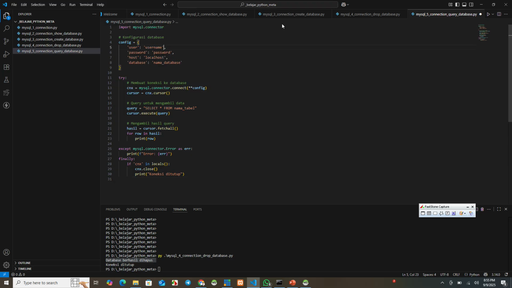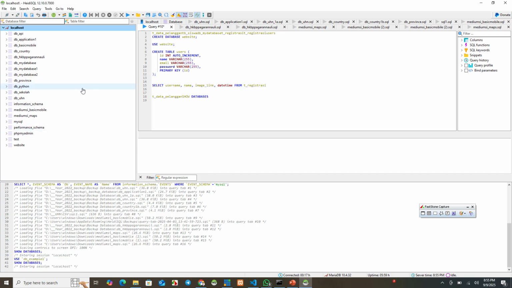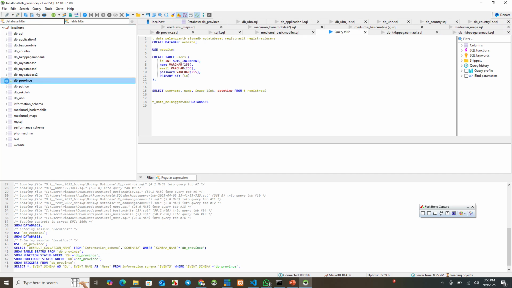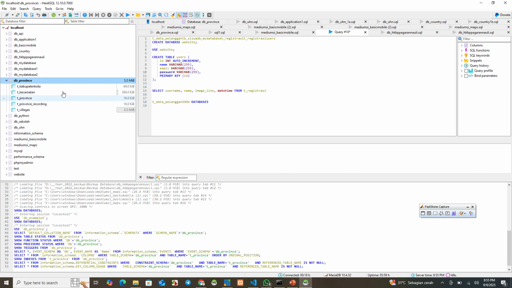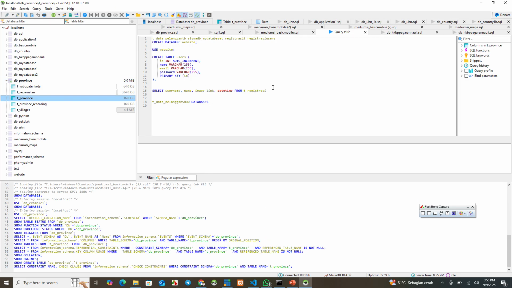Okay, now we edit this, user root, password blank, localhost. For example, database name, which database we want to query. For example, this one. We have this province maybe. Sample. Okay, this is province. T_province, for example.